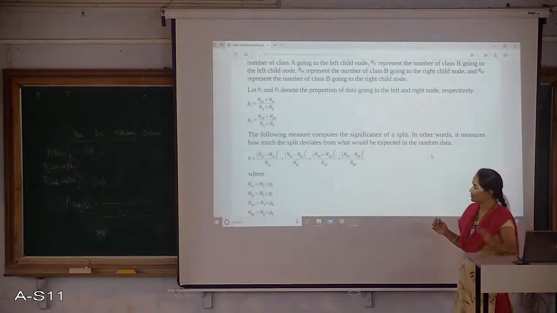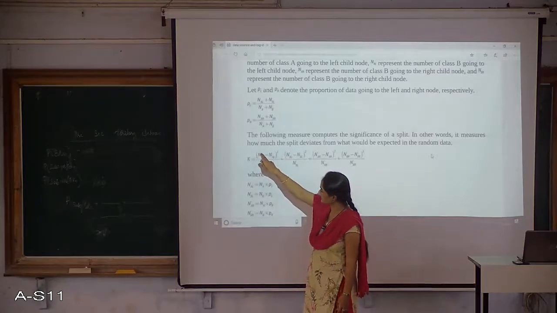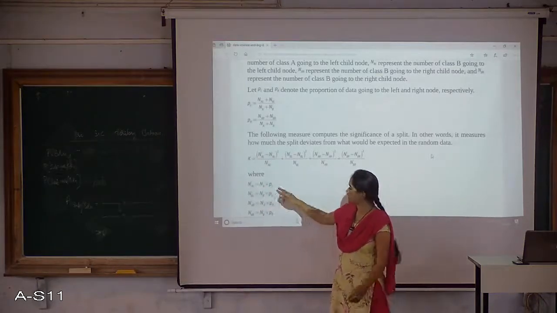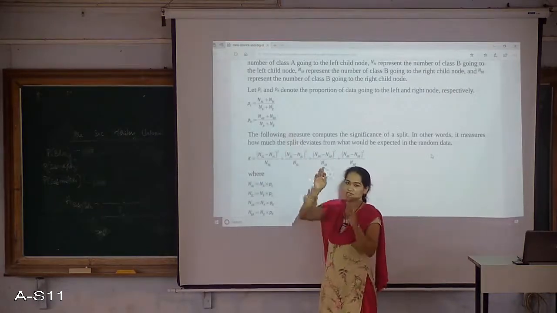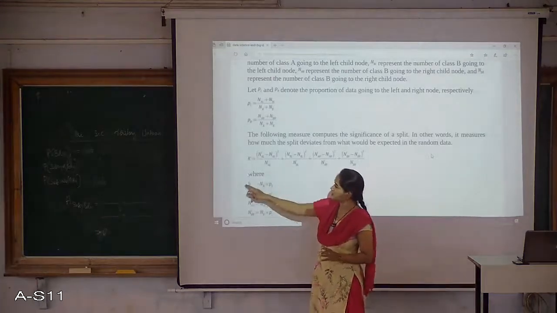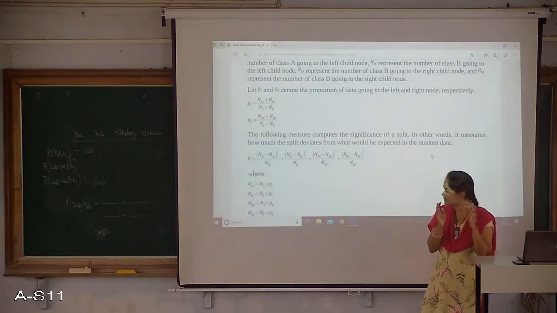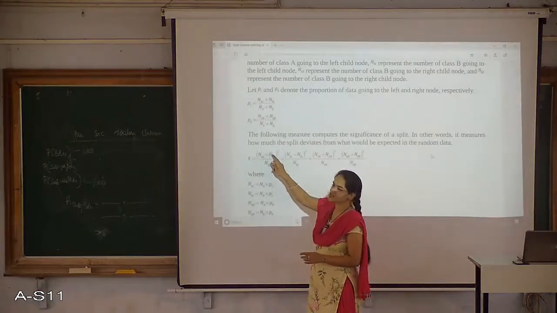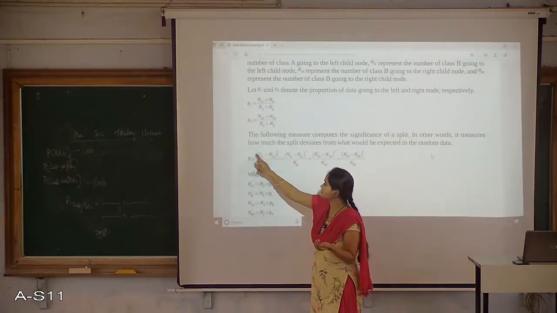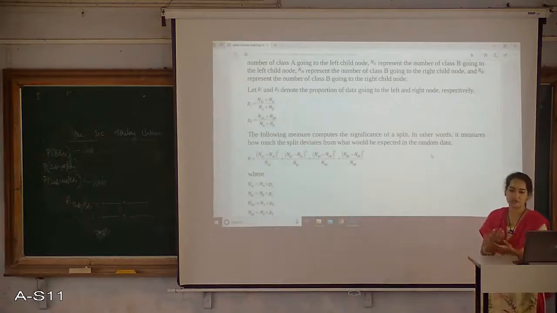So how I am calculating this is, how many are going towards the left, NAL dash. It is calculated as the total number of A entries in the data set times the portion which has gone towards the left. That is called NAL, and we are going to find the difference between how many are of class A when you look at the overall data set, and with the condition, how many are going towards class A. The difference between this, a square of that. So this is a common method, the least square value we are going to find for the errors.